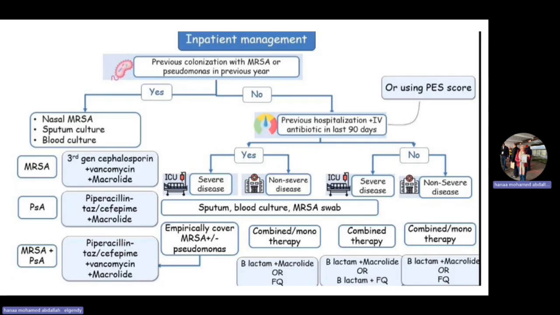If the patient, on the right side of the chart, if the algorithm, if the patient has no colonizations and no previous admission or IV antibiotic in the last 90 days, but he has severe disease, we should start with beta lactam plus macrolides or beta lactam plus fluoroquinolones. Beta lactam in the form of what? In the form of